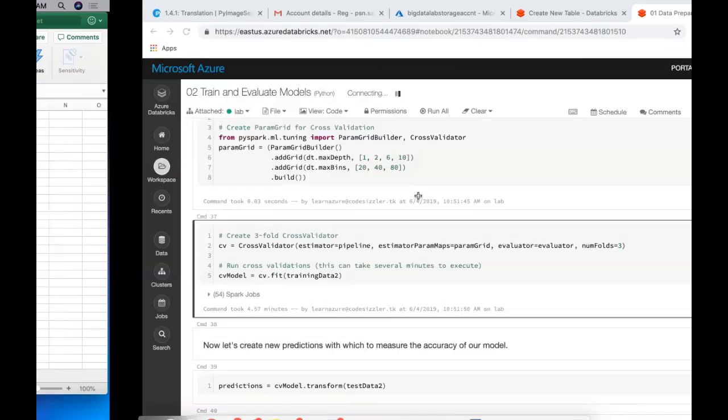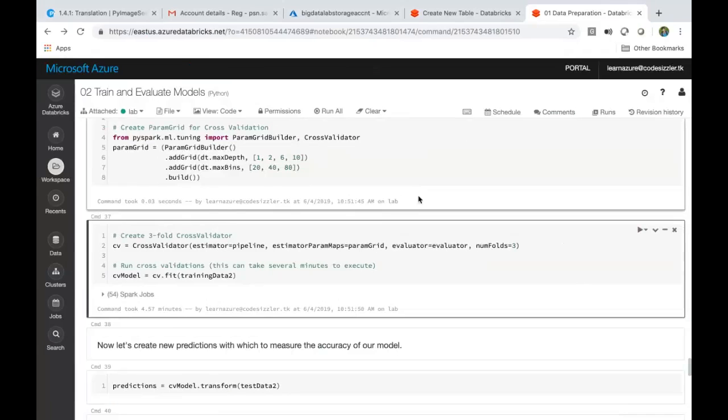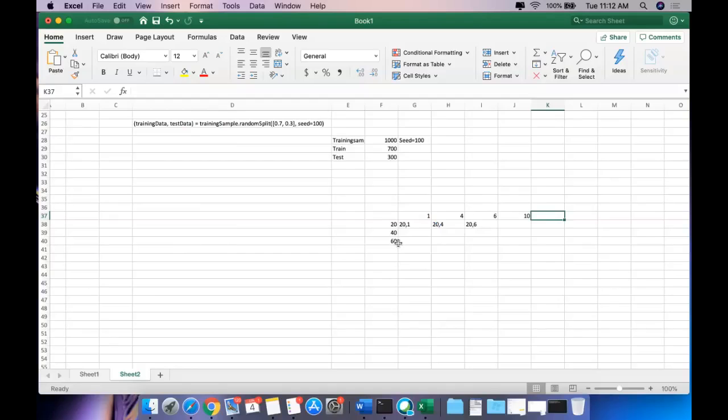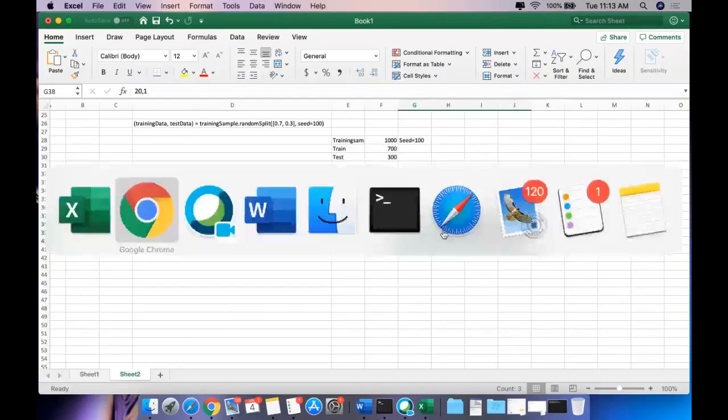Okay. So now I guess we are able to achieve it. It took me around 5 minutes to complete this process, and now the model is created. What does it mean? It basically goes through multiple iterations like this. It first takes these two parameters and builds a model out of it, and then this model, this model, like this. It goes through 12 random iterations and then comes out with a solution.